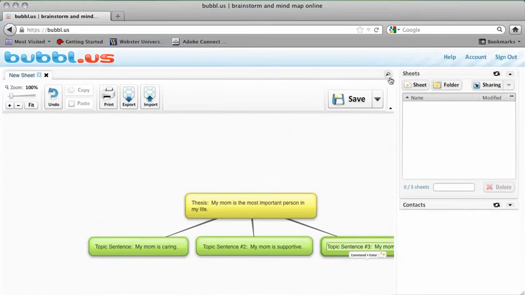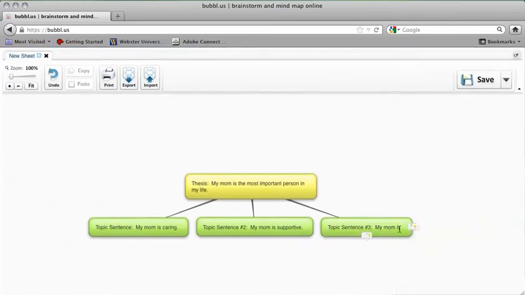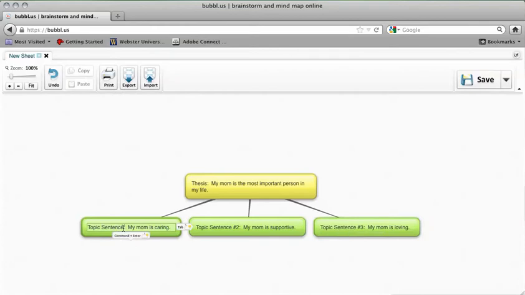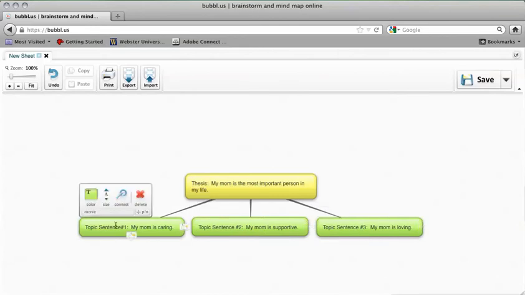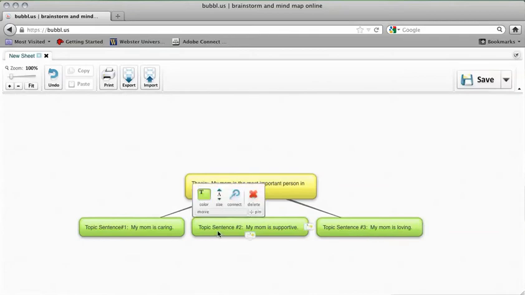And I actually can go to full screen so I can see everything. Okay, so I have my thesis. My mom is the most important person in my life. I have my topics, and actually I can go back and change this. Topic sentence number 1, 2, and 3. So these are the 3 reasons why my mom is the most important person in my life. And then now I'm going to create a child bubble from here. So reason number 1,